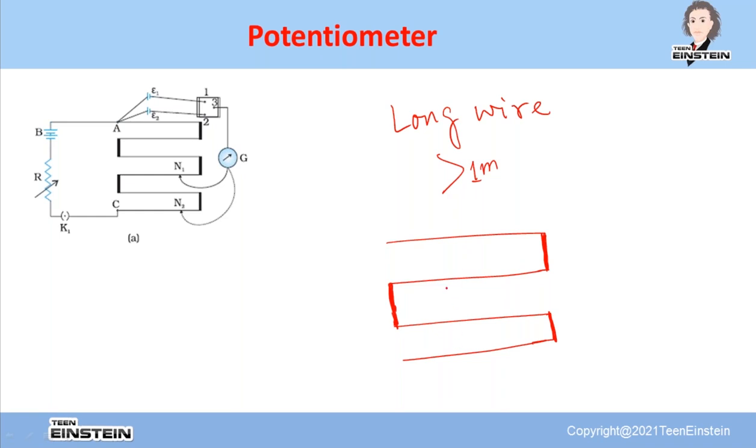Look, this is not a parallel circuit or something. This is series. So if you go up to here, maybe if this is L, this is 2L, and this much is maybe L by 4. So you get 2L plus L by 4. This much length is connected to the circuit. If your jockey is here,